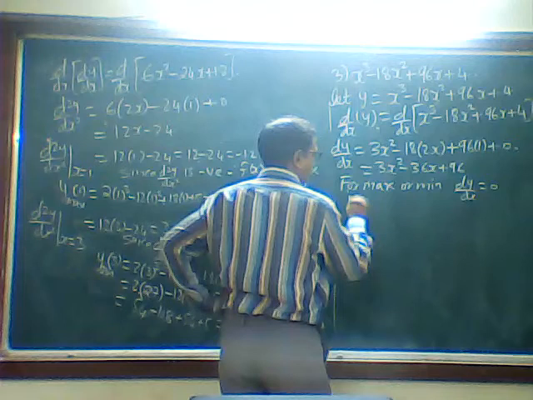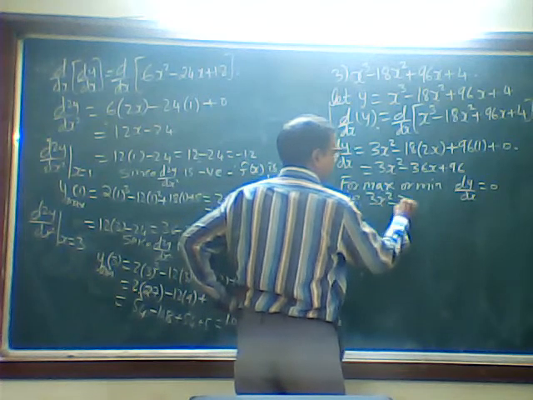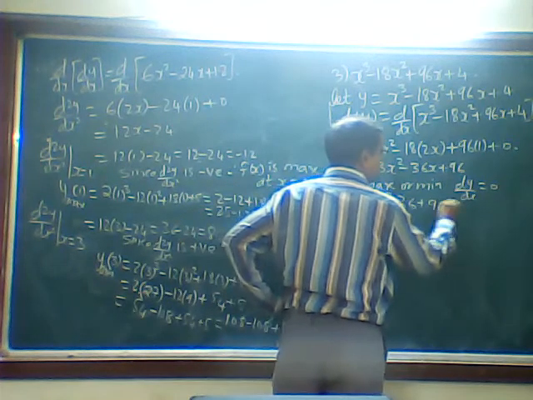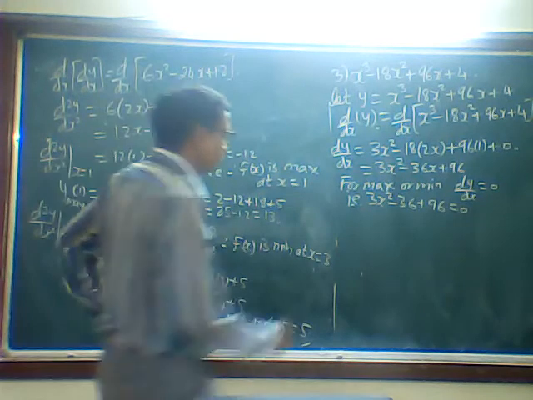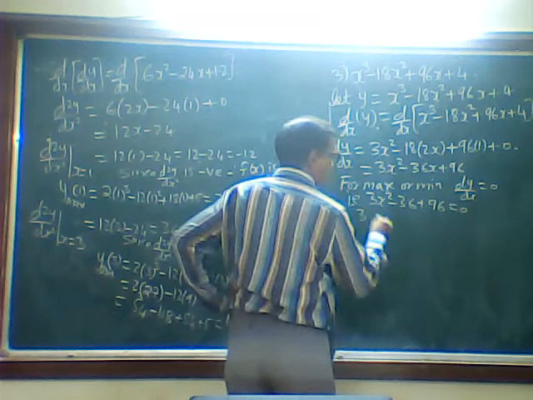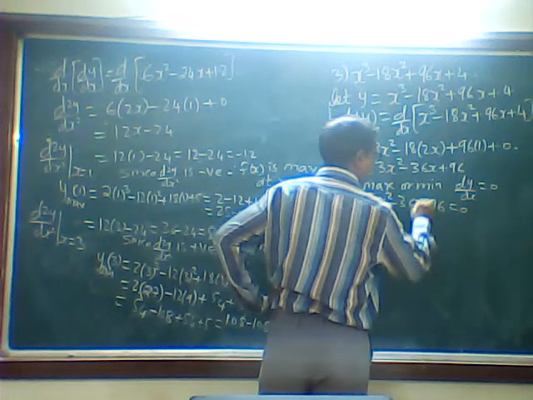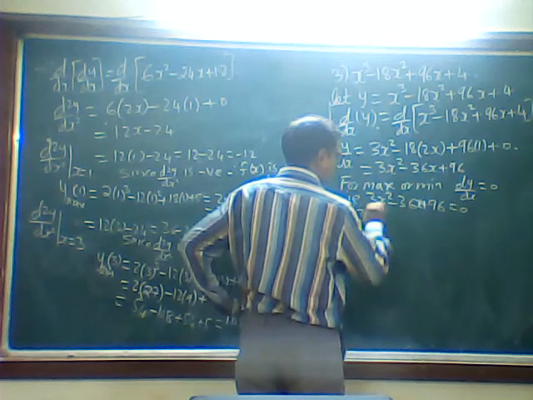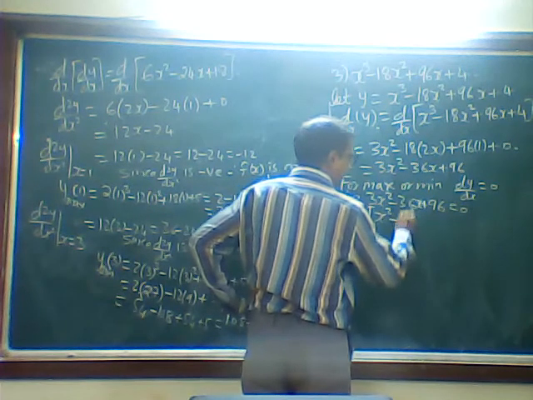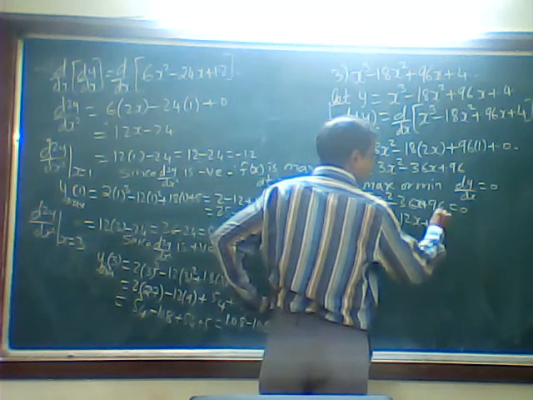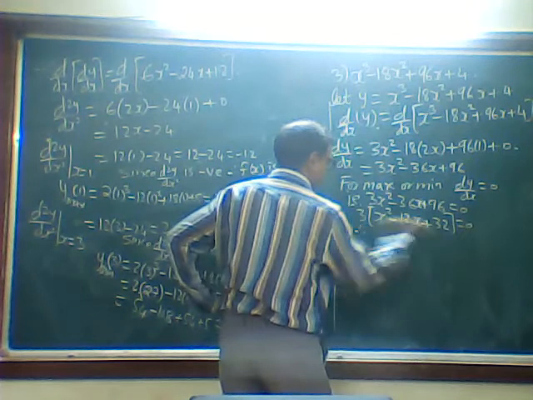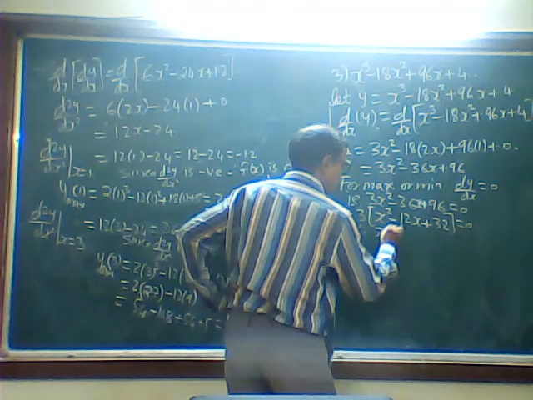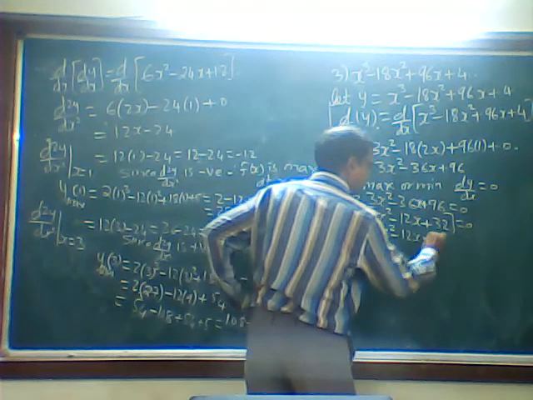That is 3x square minus 36x plus 96 is equal to 0. You can take out 3 common. So 3 common. X square minus 3 12 is the 36, na? Plus 3 3 is the 9, 3 2 is the. So 3 will go to 0. Therefore x square minus 12x plus 32 is equal to 0.